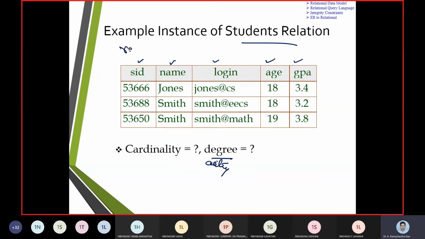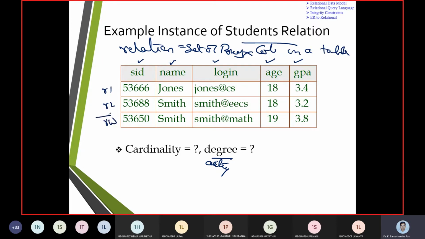A relation is nothing but a set of rows and a set of columns in a table. We have row 1, row 2 and row 3 in the horizontal direction, and column 1 through column 5 in the vertical direction.